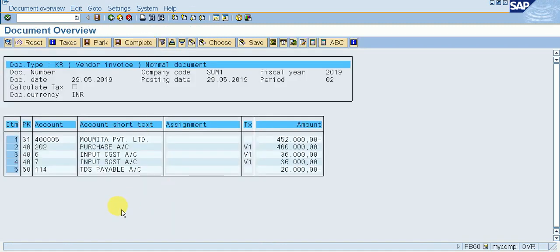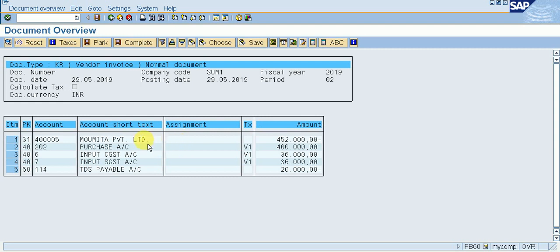It is showing me that we are calculating all the kind of things here. Purchase account debit 4 lakh, input CGST account 36,000, input SGST account 36,000, total is 4,72,000.